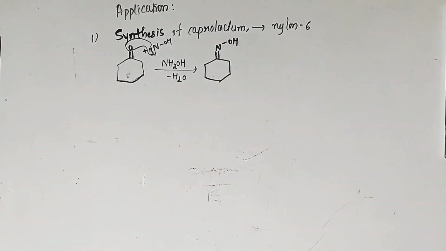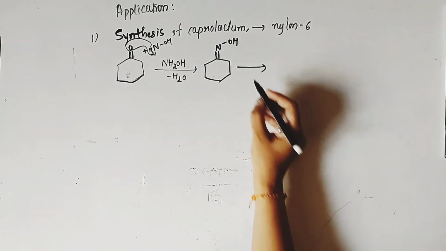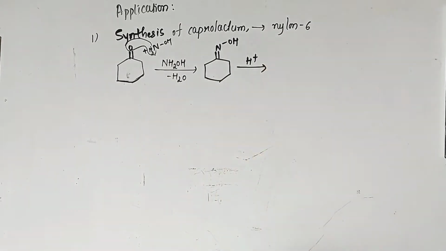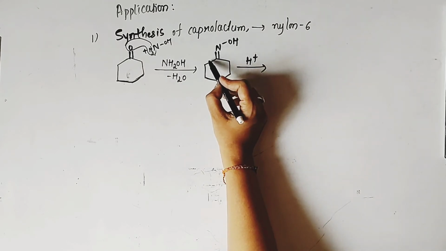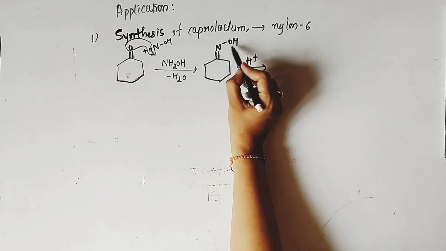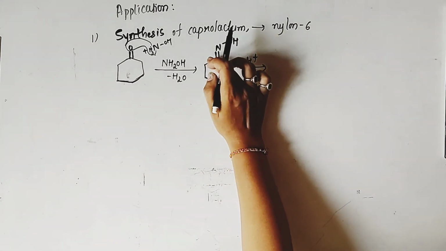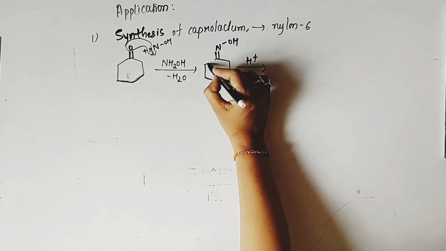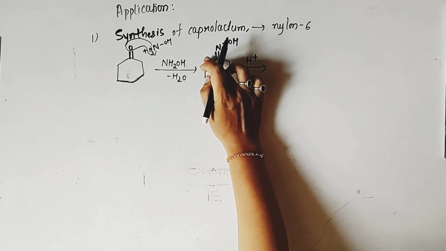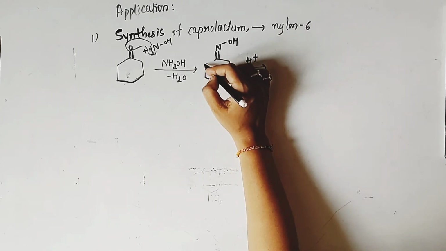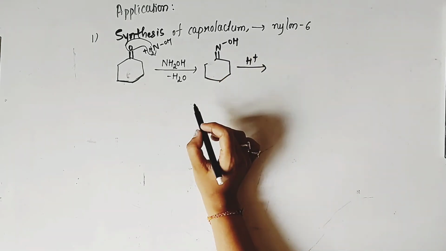Now this ketoxime is going to be converted into an amide group. The overall reaction takes place in acid media. The carbon which is trans to this OH group is now going to migrate here. That means this carbon is trans to the OH group, and the breaking of this bond will take place and the formation of a new bond will take place with this carbon. So loss of this double bond will also take place.